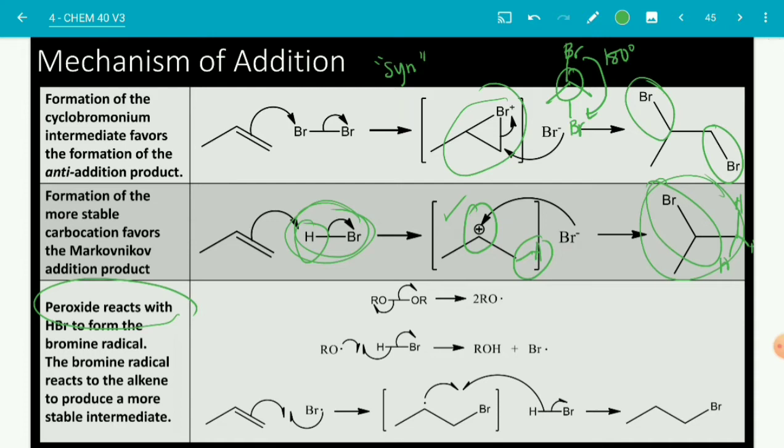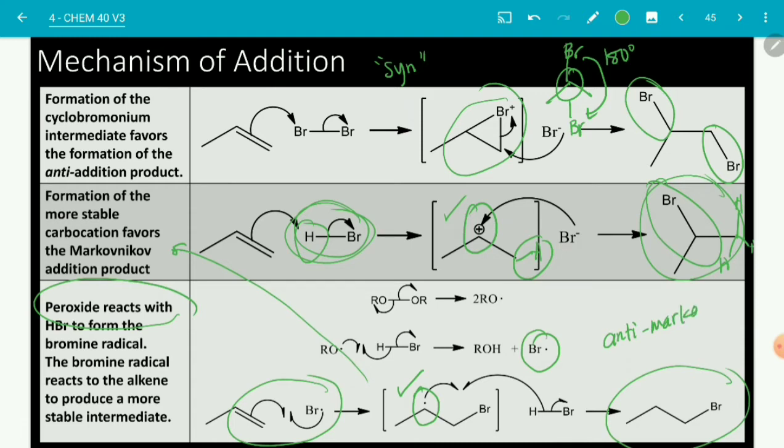Ang nangyayari kapag may peroxide na, so kapag halimbawa nilagyan natin to ng ROOR, okay, nagiging less substituted yung ating alkyl halide. Bakit? So, ang nangyayari kasi, ang na-form muna ay yung bromine radical. At yung bromine radical yung unang nag-a-add dun sa alkene. Okay? So, in turn, yung alkene magpoproduce siya ng more substituted free radical, okay, carbon radical. So, the more substituted carbon radical, actually, it follows the Markovnikov's rule. The more substituted, okay, carbocation or carbon radical or any more substituted intermediate, okay, siya yung dapat na mag-dominate sa process. Pero apparently, nagiging